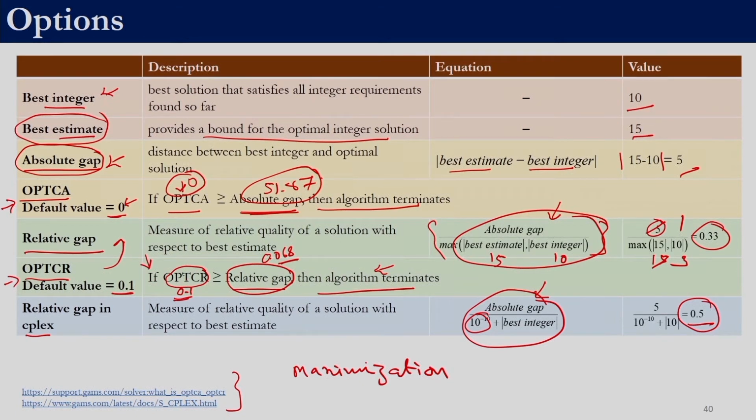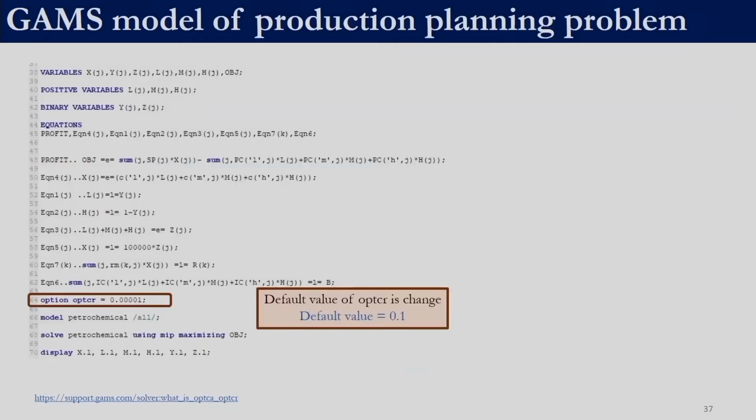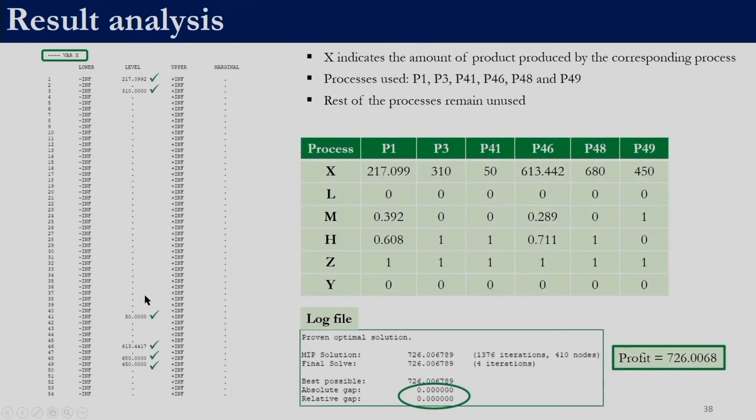So we can decrease the value of opt_cr. This is the same code which we have discussed previously, except for this line in which we are changing the default value of opt_cr. So the syntax is the keyword option, then the name of the variable. In this case we are setting opt_cr equal to a very small value, right. So when we solve with this statement, we get a solution of